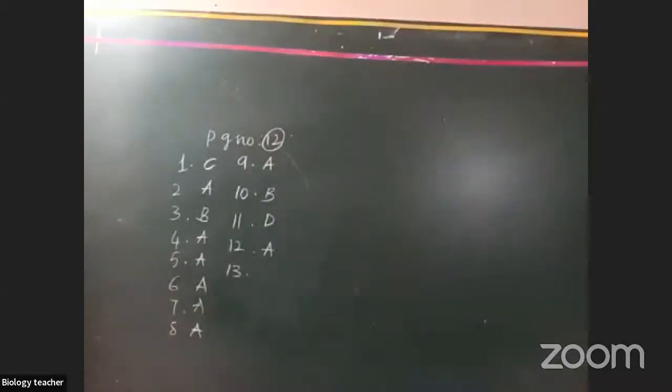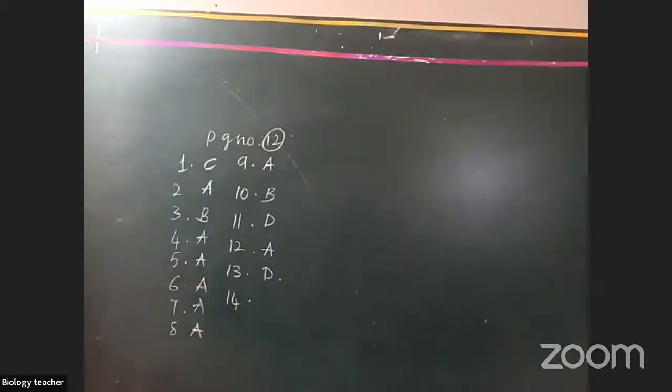Thirteenth one. Leveling is done to prevent soil erosion, ensure uniform irrigation, ensure uniform mixing of manure and fertilizers. All of the above. Answer is all of the above. Next, 14th one. In which of the following agriculture methods the nutrient needs of one crop are fulfilled by the other crop? Groundnut, rice. So here they have given indications. Symbols they have given. So soya beans. So which one? The nutrient needs of one crop are fulfilled by the other crop.